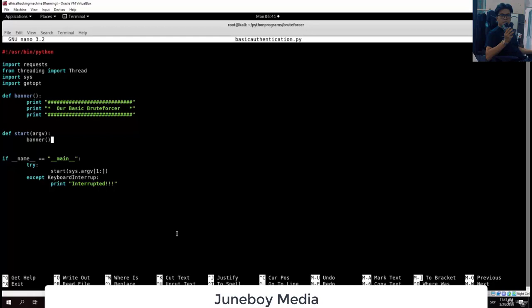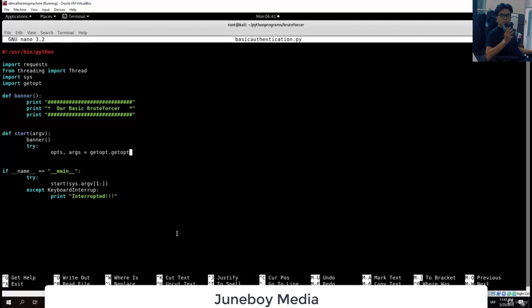Basically let us try something like this. So we will run the try and accept rule right here, so try, and we will use the getopt library that we imported. So we will use two variables to store this, so opts and arguments equal getopt.getopt and then argv comma, and then between the double quotes what we want to specify is basically the letters that we will use for our arguments. So for example, let's for the user use u, for the URL let's use w,